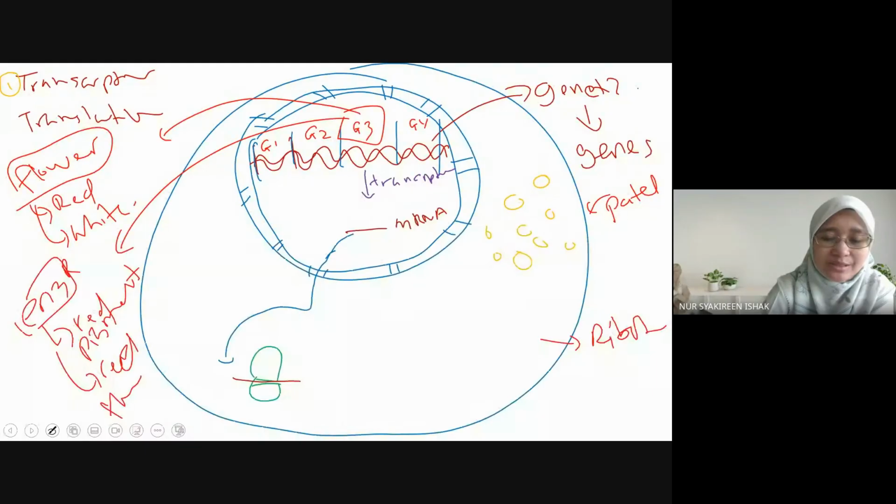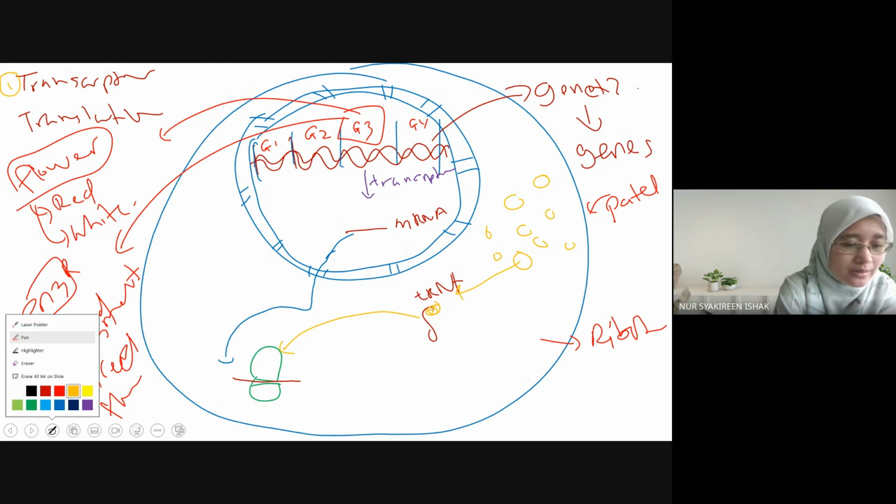Okay, it leads to the synthesis of protein. So protein will be synthesized. In order to synthesize the protein, it requires another type of RNA, which is tRNA. What is tRNA? Transfer RNA. Transfer RNA will bring a specific amino acid to the ribosome, that is read by the ribosome, right? So the tRNA will bring a specific amino acid according to the code